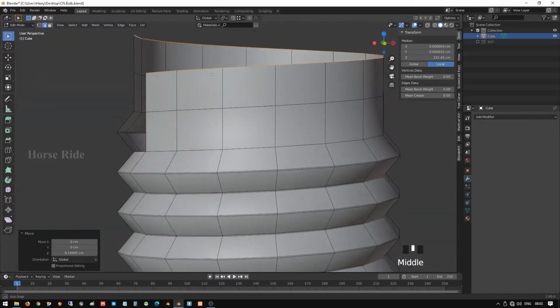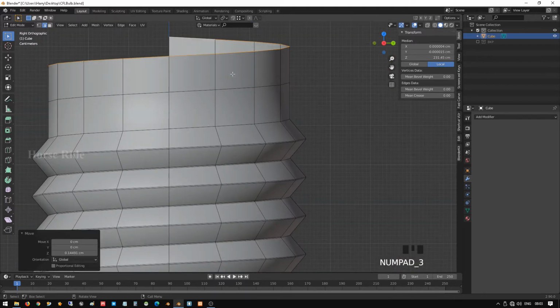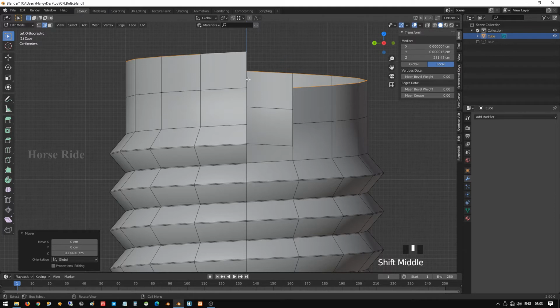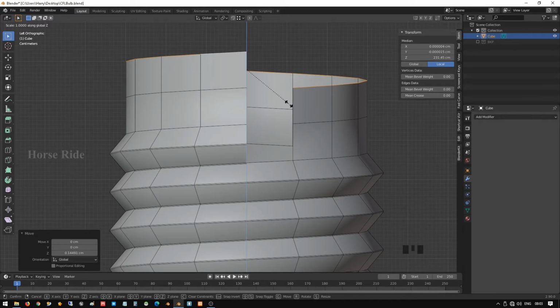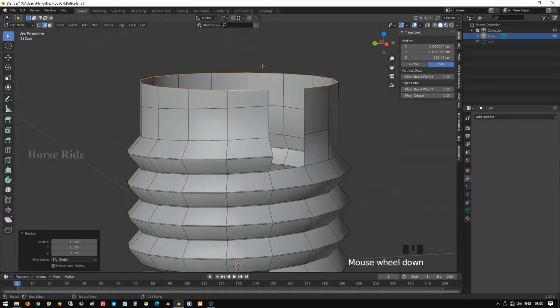Go to front view, sorry, go to right view, sorry, Control 3 to left view on the numpad. Okay, it's almost the same. Scale Z, press 0 to align it the same way.